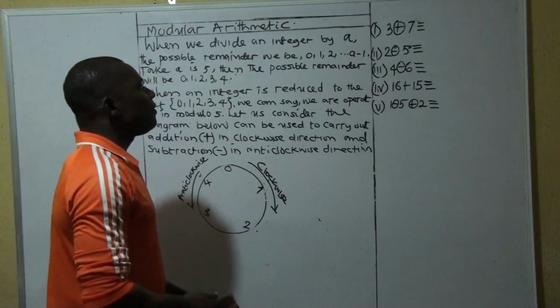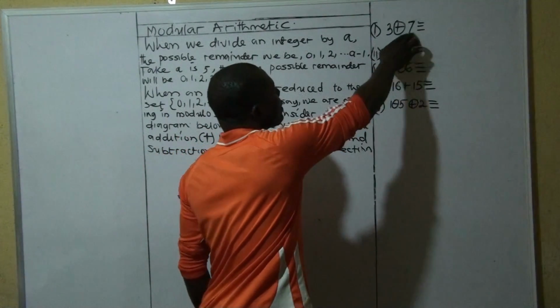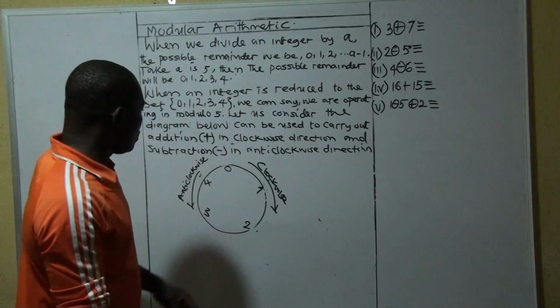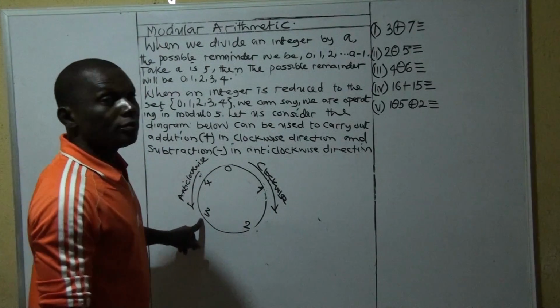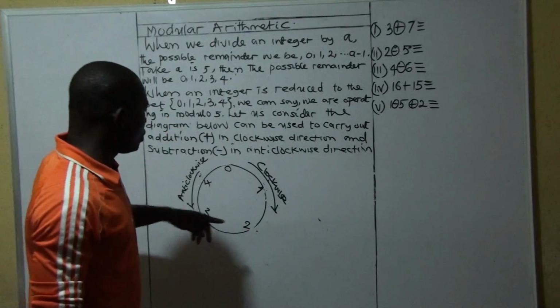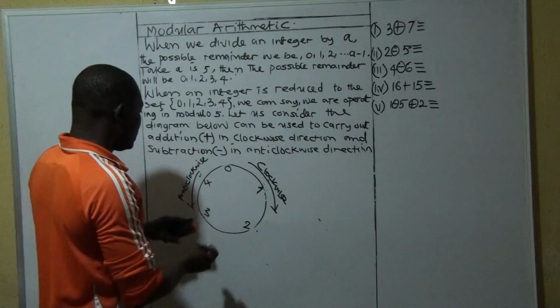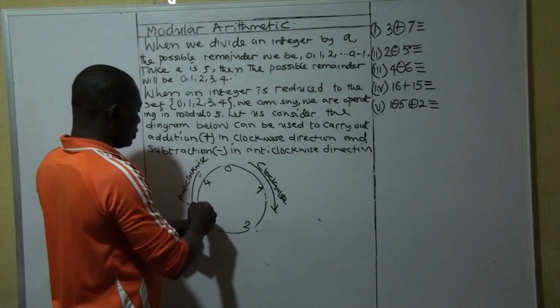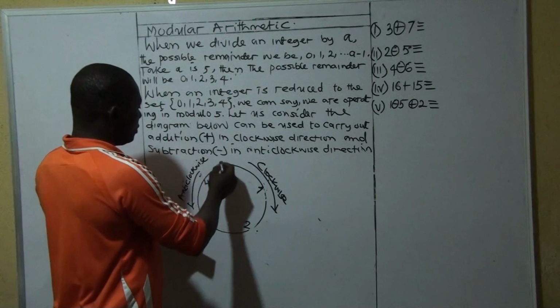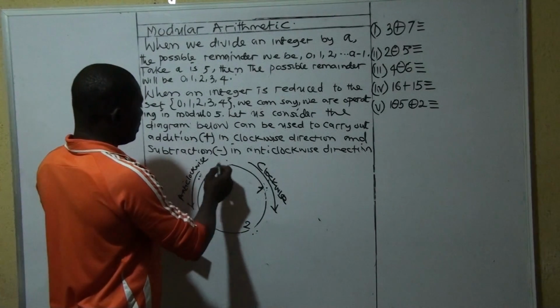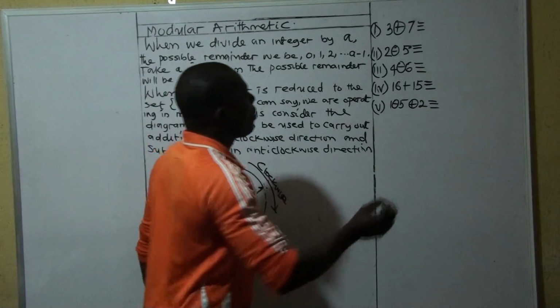Now, if we're having 3 plus 7 here, what would you usually do? You start on 3, but there's no 7 on the diagram, so you start on 3 and count 7 times: 1, 2, 3, 4, 5, 6, 7. Our answer will be 0